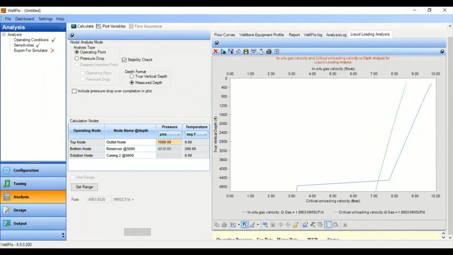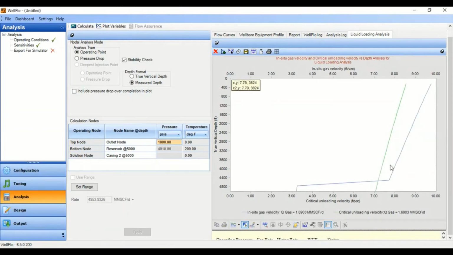We see this one first, the blue line. This is the in situ gas velocity, and the green one is critical unloading velocity. We start from the wellhead down to the bottom of our tubing. In this section, from the wellhead down to the end of our tubing, our in situ gas velocity is always higher than the required critical unloading velocity.